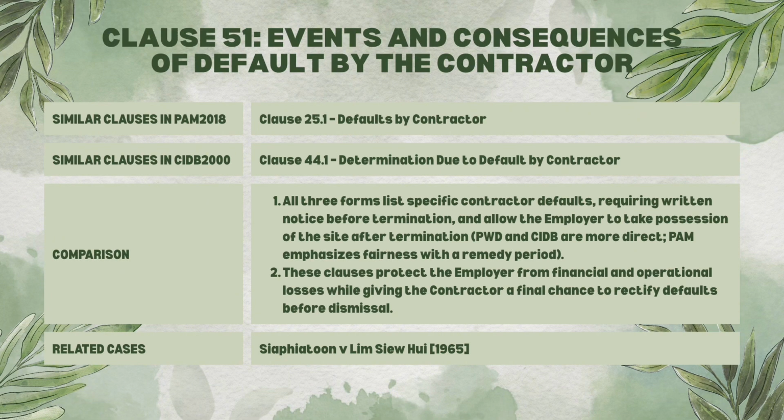The facts are, during the performance of the contract, the contractor failed to perform properly and in accordance with the specification. There was delay and non-compliance with the instructions given by the employer. The employer ultimately terminated the contract. The original contractor sued for wrongful termination and claimed for the balance of the contract sum. The issue here is whether the employer was justified in terminating the contract due to the contractor's default, and the decision by the court is in favor of the employer. It held the contractor's persistent failure to comply with the instructions and failure to carry out the work properly constitute a fundamental breach.